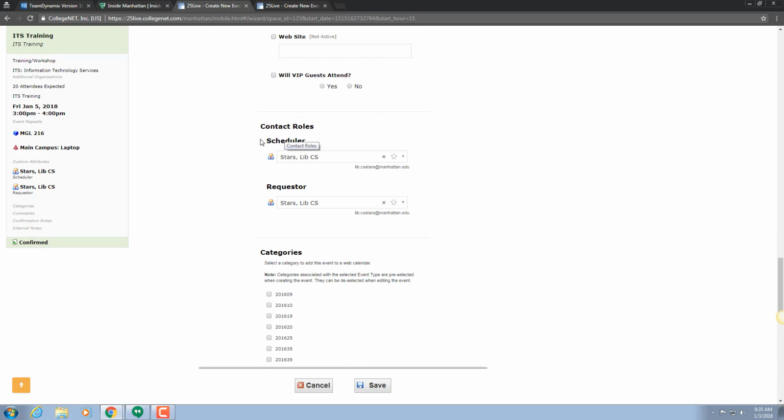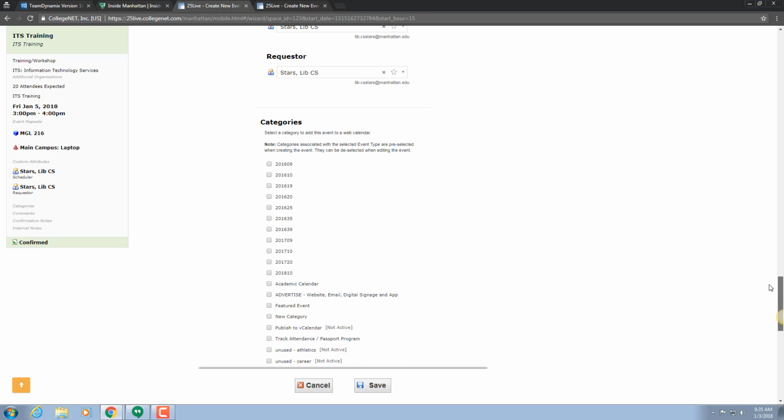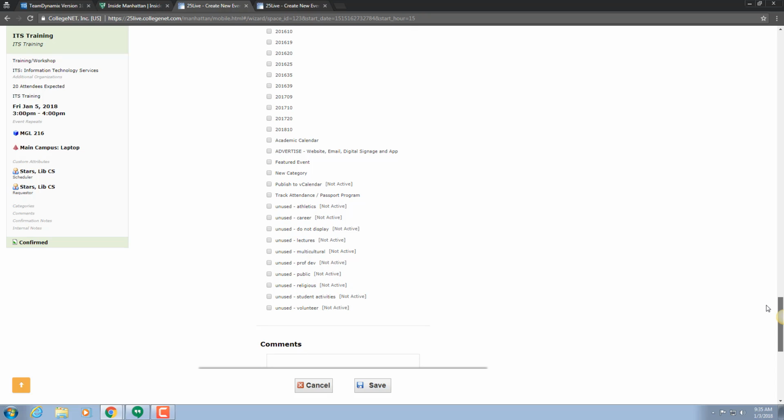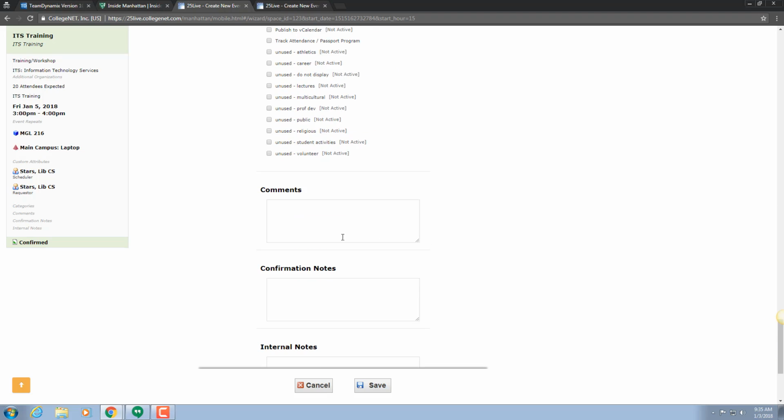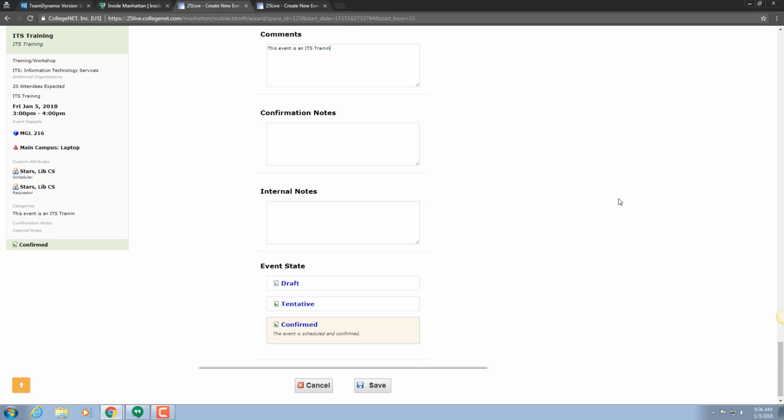You're listed right here as the scheduler and the requester. And if you wish to add this event to a web calendar, you can just go ahead and click on which place you would like your event to be featured. That comes up right there. The comments section is a perfect place to type in any specific instructions regarding your event, any confirmation notes, and